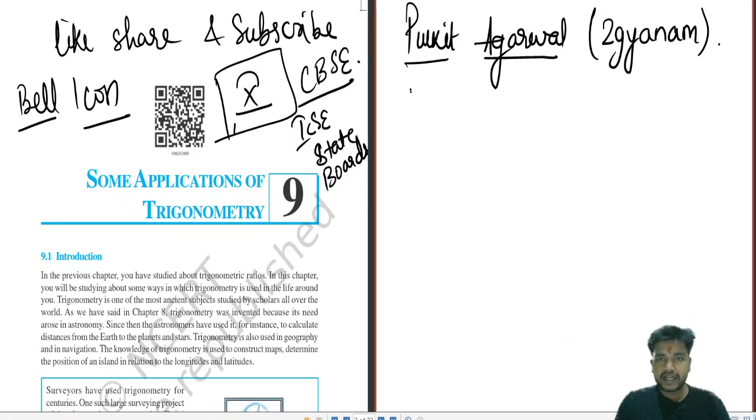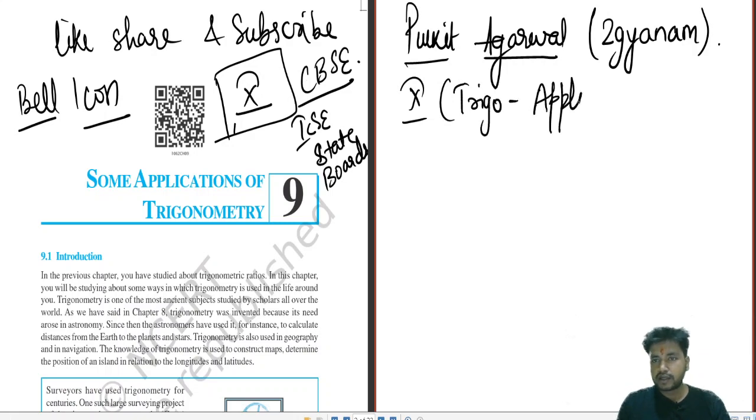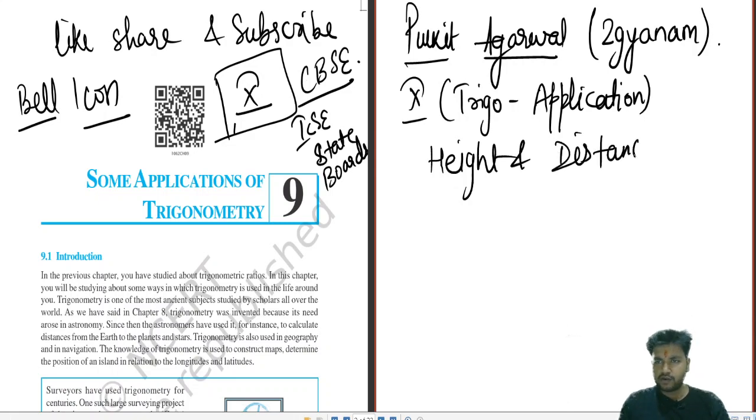Today we'll be dealing with class 10 trigonometry, where we will be dealing with the application. This chapter is known as height and distance. Somewhere you would be looking at heights and distances, but it doesn't matter. Basically, it's a grammatical mistake. We can't use a plural for a measurement in mathematics. So if you look at this, the chapter name is Some Applications of Trigonometry.